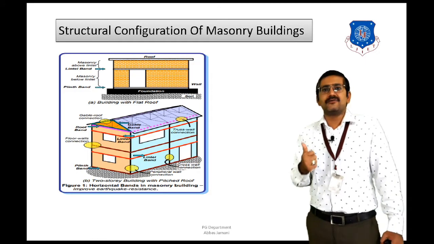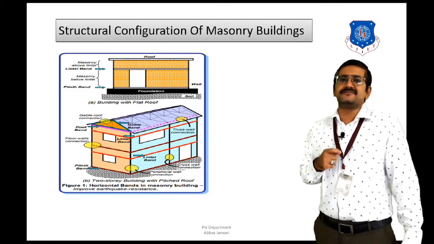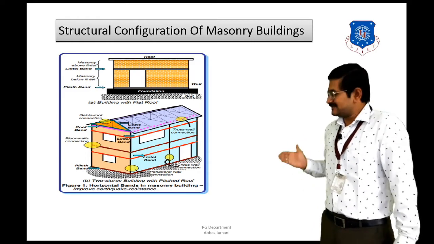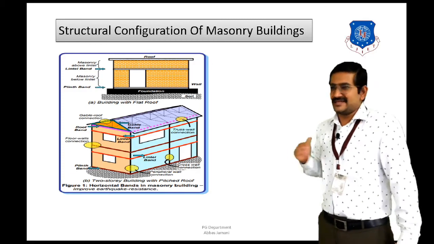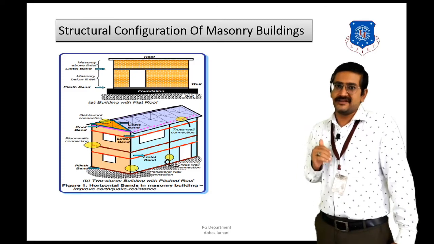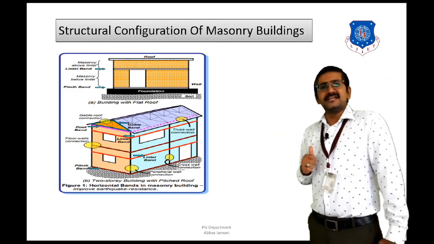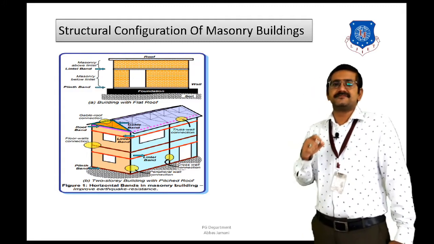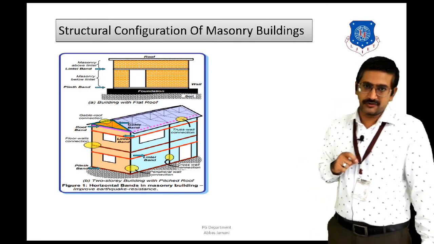Right? So now what happens is that, as I said, depending upon the location, these bands have been named accordingly. So if I talk about the plinth band, then the plinth band is located at the plinth level, and that is why it is known as the plinth band. Then there is lintel band, which is located exactly above the opening of door and window, and that is why it is known as the lintel band. Then one more band is provided at the roof level, which is known as the roof band. And if the building is pitched roof, then in that case gable band is also going to be there.